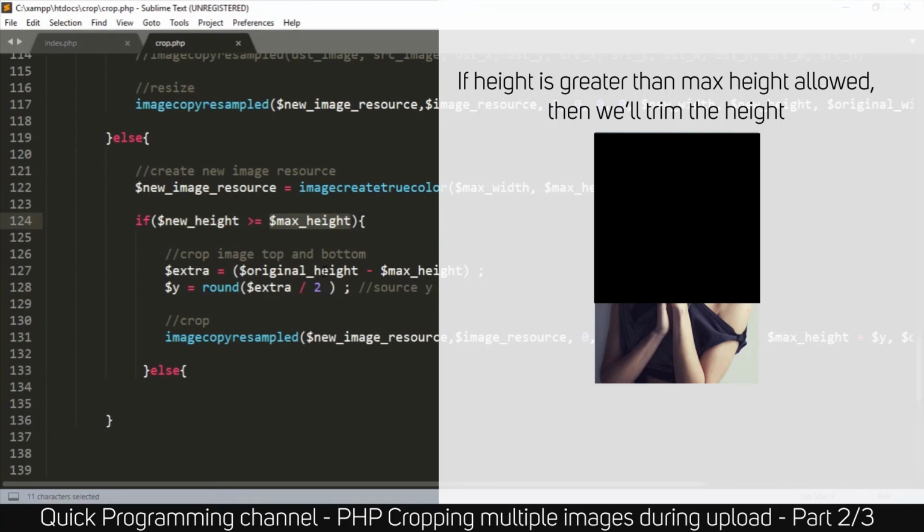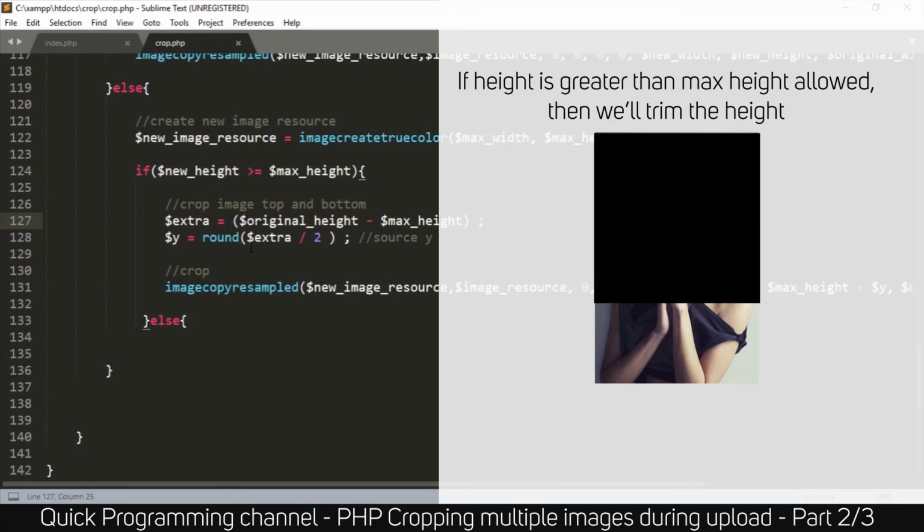It's longer in the height than it is in the width. So we are going to crop the image in the top and the bottom side. In order to do that, we are resizing the lowest part of the image. In this case, the width is the smallest, rather. So we resize the smallest part to the maximum,